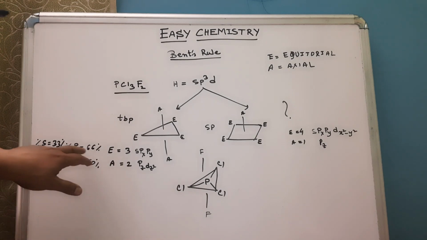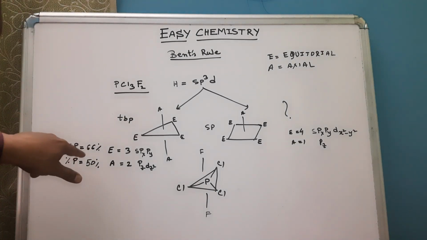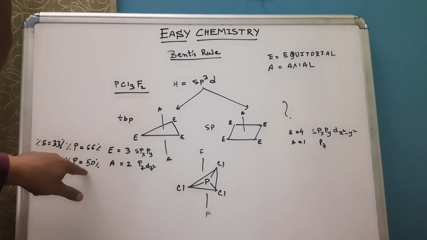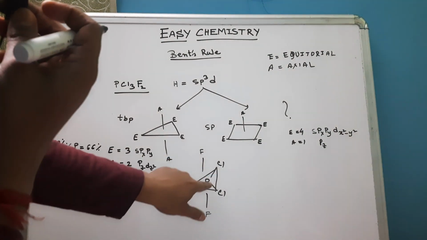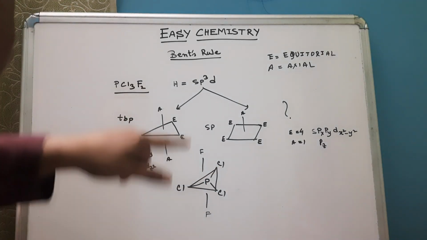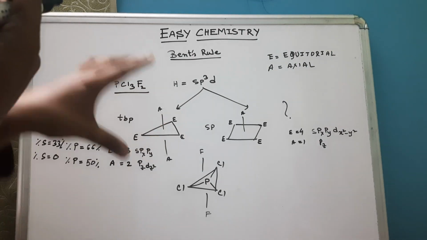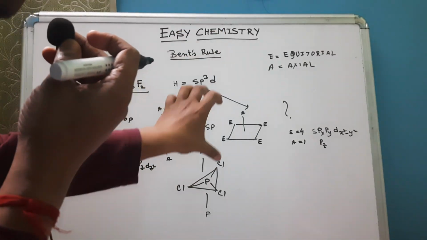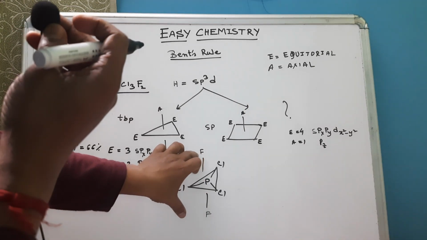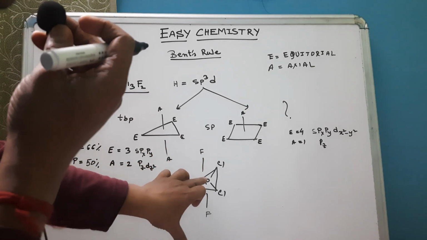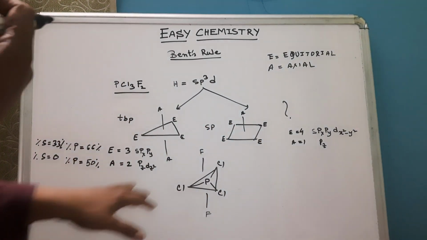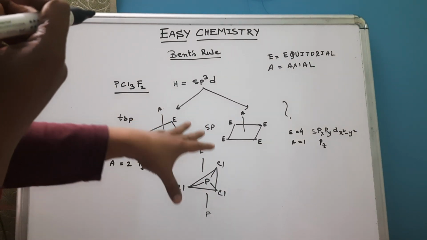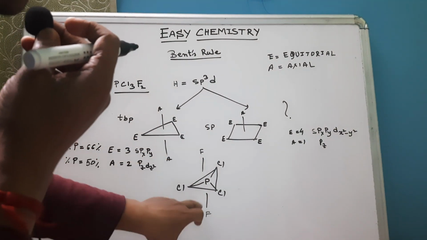Okay, look wisely. Although the percentage of p character is 66% or 50%, the percentage of p character is greater at the equatorial position, but the percentage of s character is not only almost zero but totally zero in the axial position. So the more electronegative fluorine atoms occupy the axial position with zero s character. Because fluorine is more electronegative, as per Bent's rule the fluorine atoms are placed on the